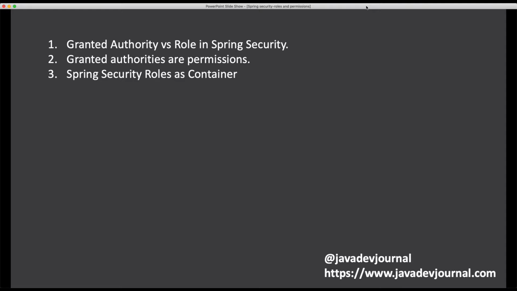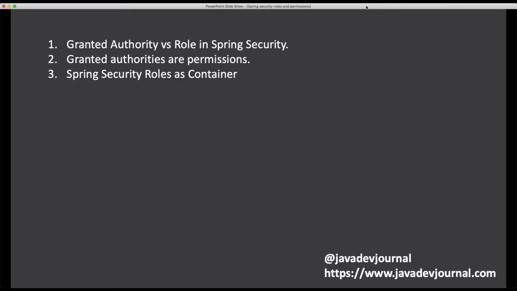For example, admin has the authority to read, write, update, delete, right? All sorts of things, and you can build any number of different authorities. For example, maybe someone has only the authority to do certain things, while another group with a certain role has the authority to do other things. So think about roles as a container and granted authorities as permissions.